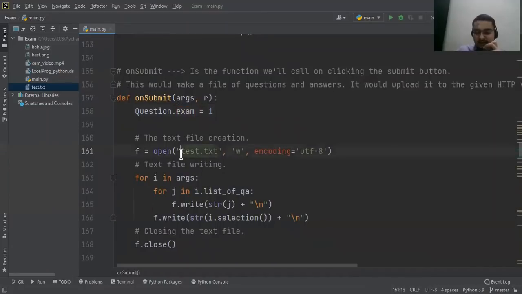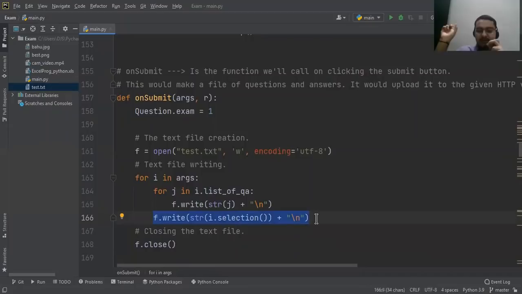We write every question and every option that you have selected to the text file, which has been opened in write mode, and the encoding has been set to UTF-8. And then we write the list of questions and the list of options that you have selected.